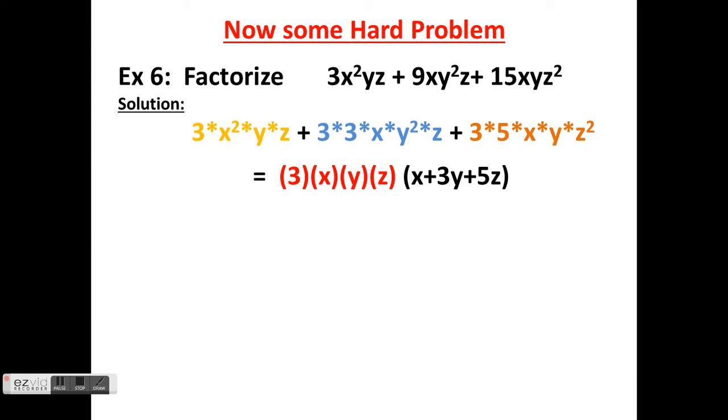See how x is common. First term x square. In second term we have got only 1x. In third term also we have got only 1x. So only 1x is common. Similarly y and z. Now we will multiply. Here you can leave it as this answer, and if you are multiplying, it is well and good. 3xyz first factor, x plus 3y plus 5z second factor. Now nothing is common.